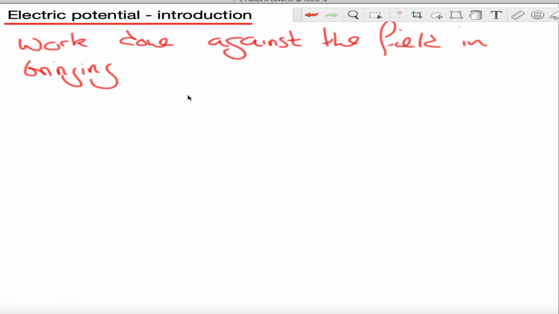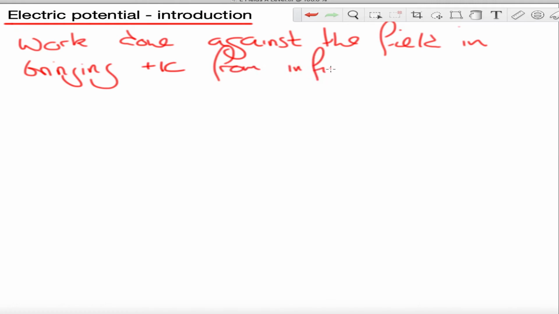Here we're going to talk about 1 coulomb, but we have the option of either positive or negative in defining this. Well, I say we have the option, there was. So it is defined as the work done against the field being plus 1 coulomb